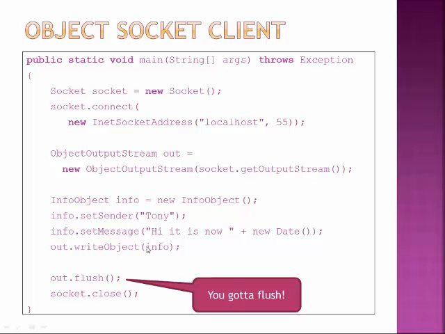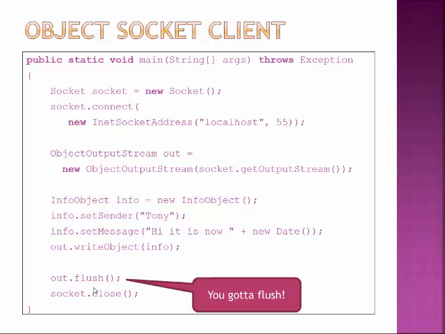I don't have to comma separate, I don't have to put them on separate lines, I don't have to do any sort of formatting of this. I don't have to turn it into text at all, no toStrings, no rendering of that stuff. I just take the whole object and send it over. Got to remember to flush it there at the end, and then it sends it over. So the difference here is all the work we had to do in file I/O to parse text in and to write text out in a specific format, we don't care about, because we never actually render this stuff in